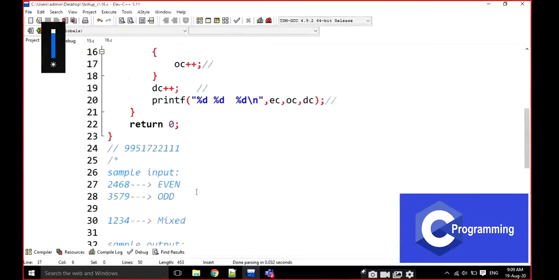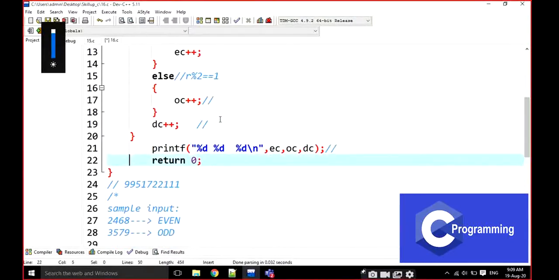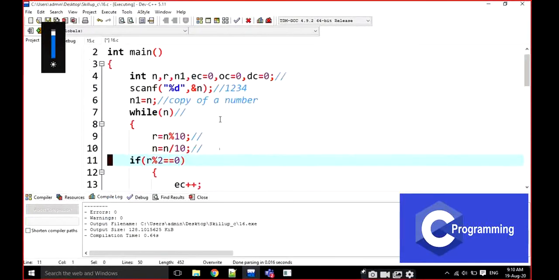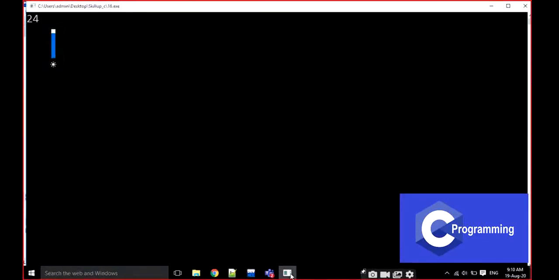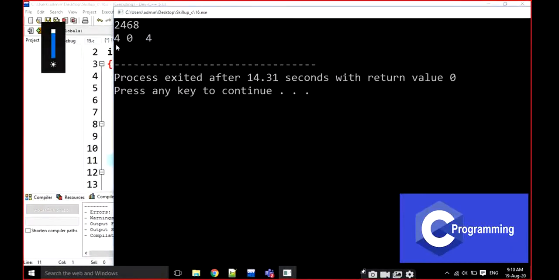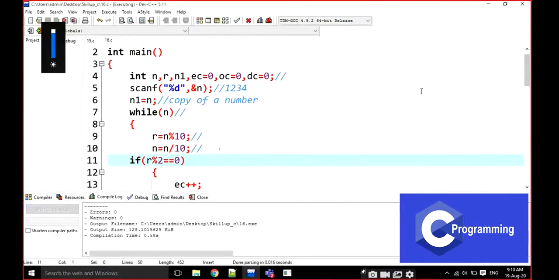Just wait, that is the problem. I'm going to execute it. Look here, 2468. Just observe: the even count is 4, odd count is 0, and the digit count is 4 here. For example, I am going to execute it again.